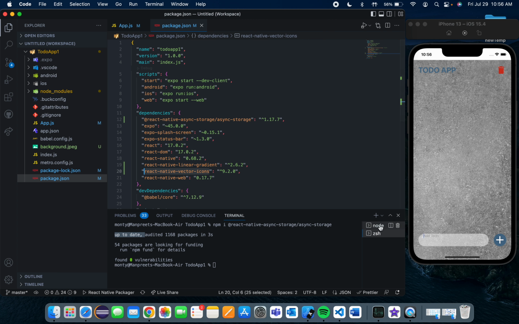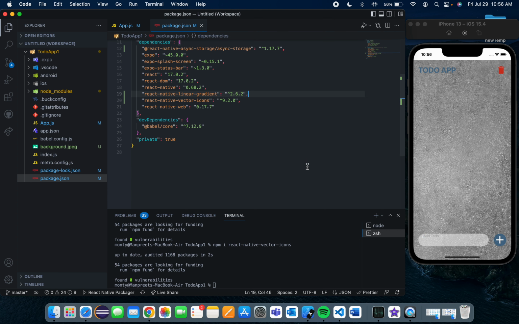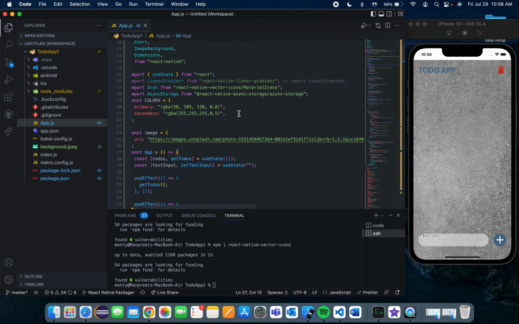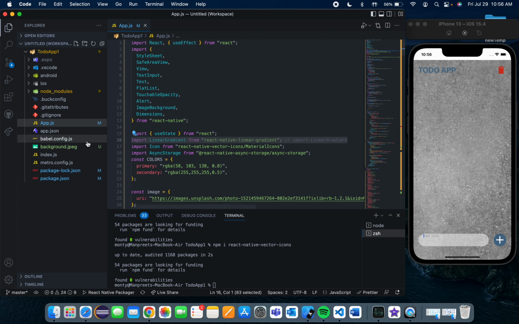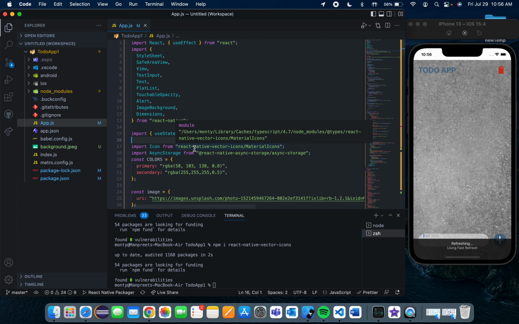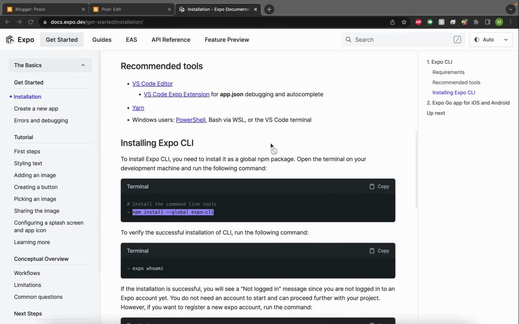So you just say npm i and then React Native vector icons, and that's all the dependencies we need right now. And so let's look at the code, right? So I'm using useState and async storage from sync storage, and we're gonna use the icon from React Native vector icon, which is from the material icon. So if we go to